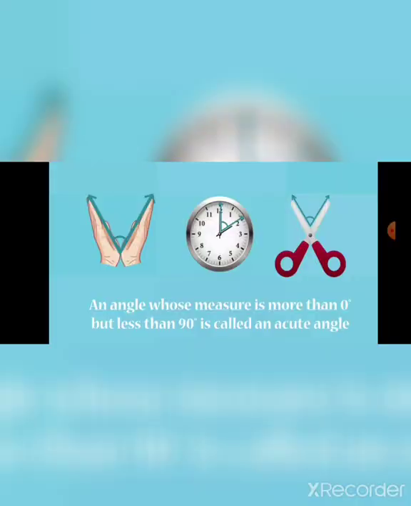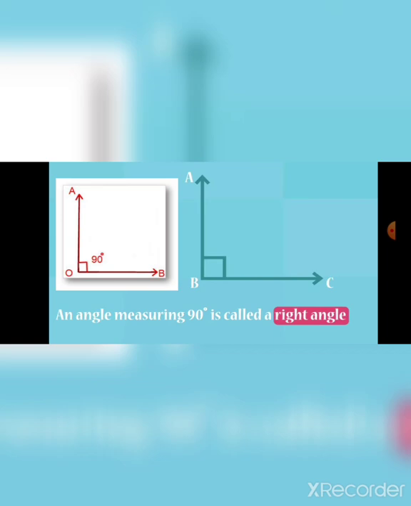Now these are some examples of acute angle in our day-to-day life. The formation of the palm. If we form the palm like this, we get an acute angle. Then the clock, when it's 2 p.m., it shows the acute angle, and the mouth of the scissors, when it gets open, it shows an acute angle. Now moving to our next angle, that is the right angle.